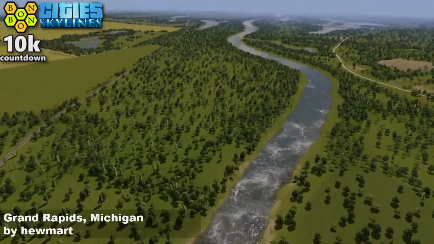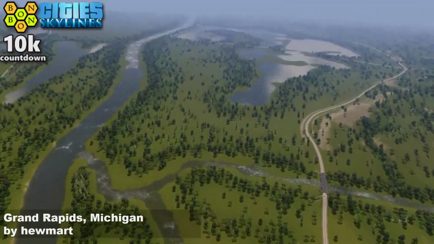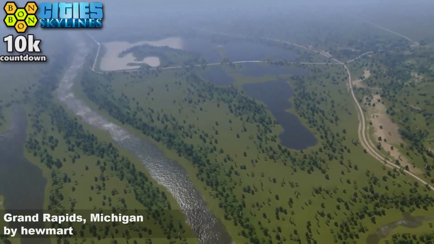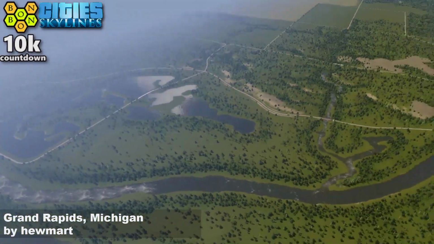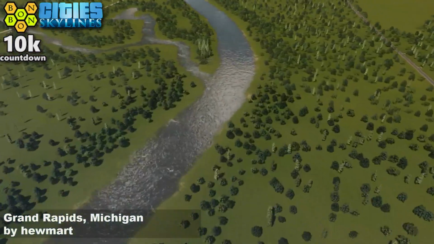And there's your river, and I'll have a look upstream here. We've got some wetlands up here on the edge of the map. If you want to do some work around some wetlands, or just turn that into a parkland area, I quite like that idea. And then if we come back down